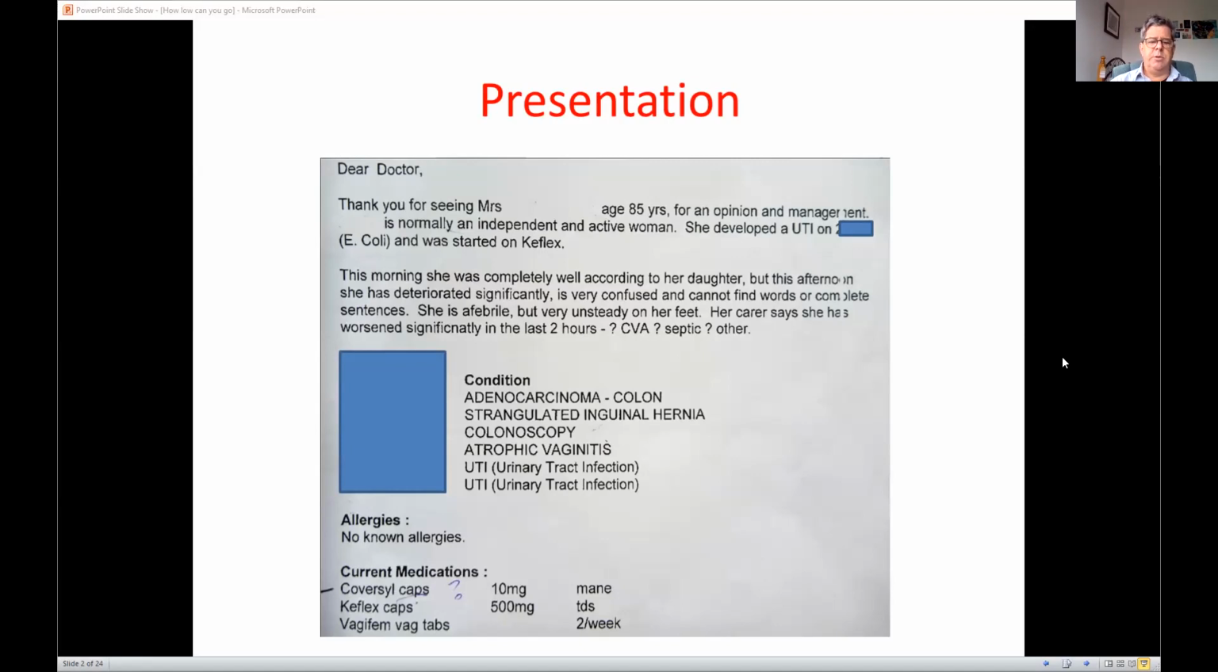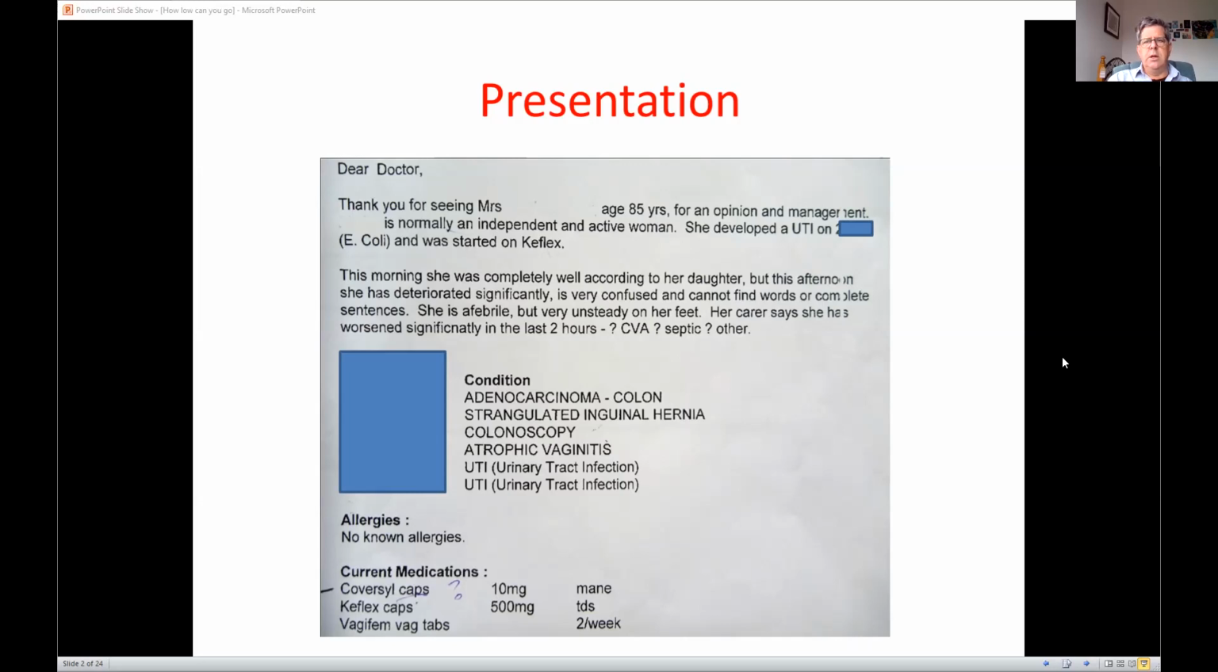And she's been well. She's got a background, you can see she's on some carbamazepine, she's got hypertension. Interestingly, she's got an adeno-CA of the colon, but she's had urinary tract infections before, and this is another one. She's been treated with Keflex. She was well this morning, but this afternoon, she looks quite unwell, unsteady on her feet, getting confused, and they're not too sure whether she's septic or whether maybe she's having a stroke, so they refer her to the